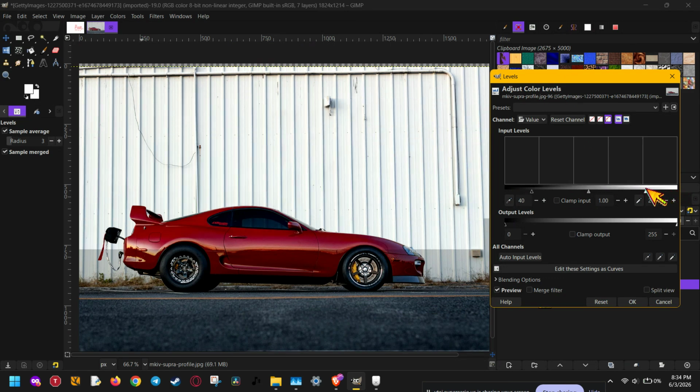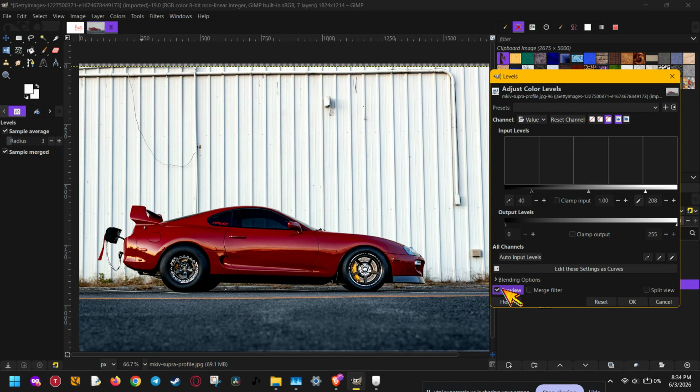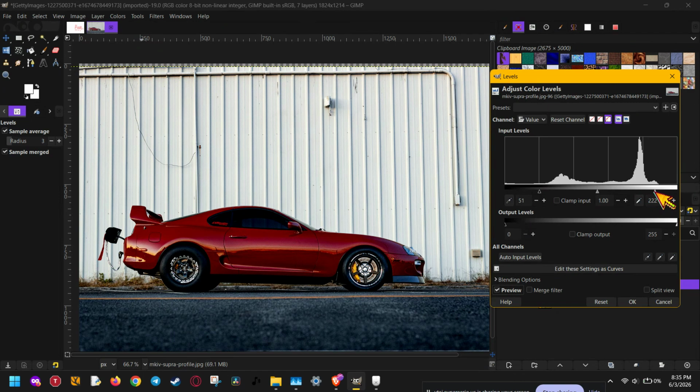If your photo looks flat or washed out, you can boost contrast by dragging those outer triangles inward. Move the black triangle closer to where the darkest pixels begin, and move the white triangle closer to where the brightest pixels begin. As you do this, Gimp stretches the tonal range, which instantly adds more contrast and makes the